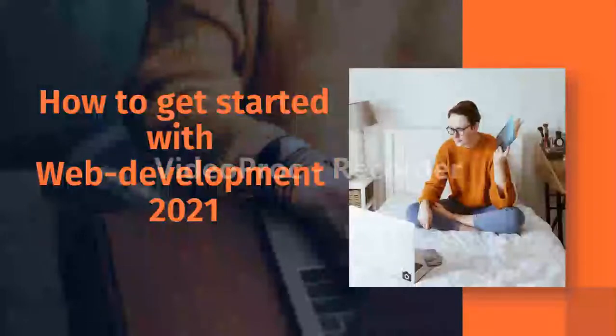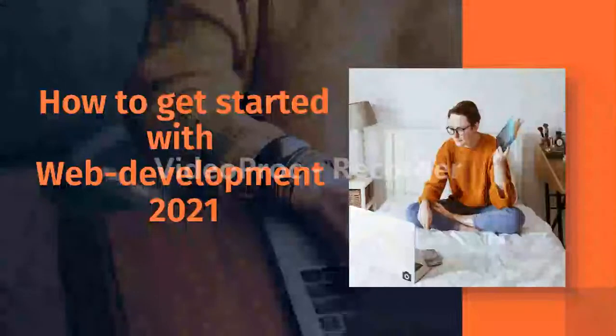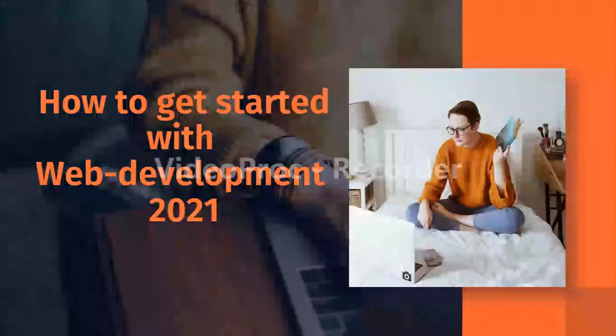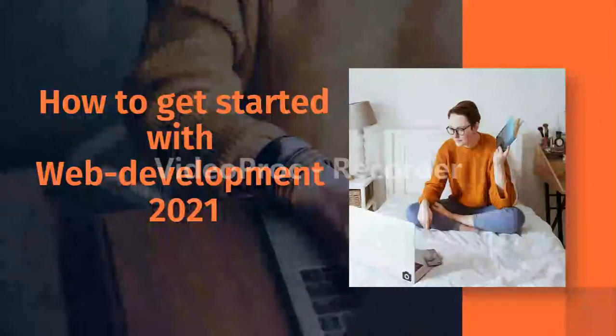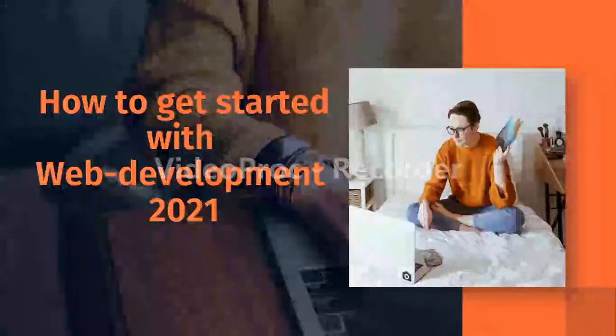So this is a simple guide for whoever wants to get started with web development. Now whenever we think about making an application or website, there are two main things which we have to take care of. First is front end and second is back end. Now what does front end mean? It's the user interactivity. For example, you are browsing your Facebook and you see the posts, notifications, messages. Those you can interact with. This is what front end means.